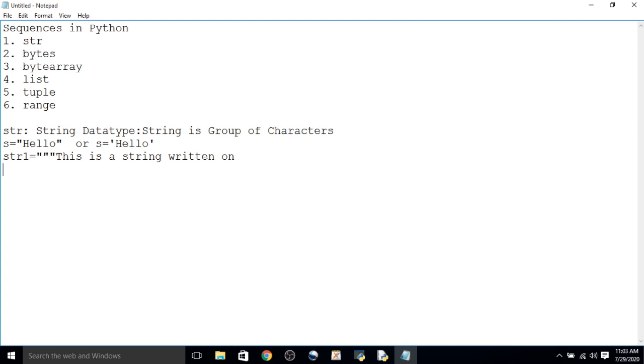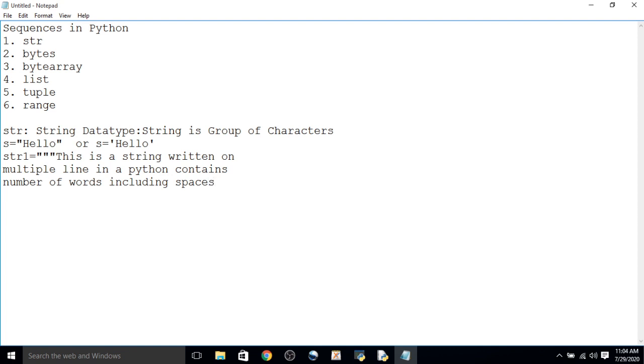So this is a string written on multiple lines in Python, contains number of words including spaces.